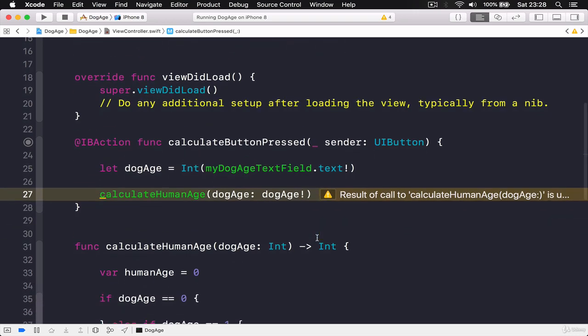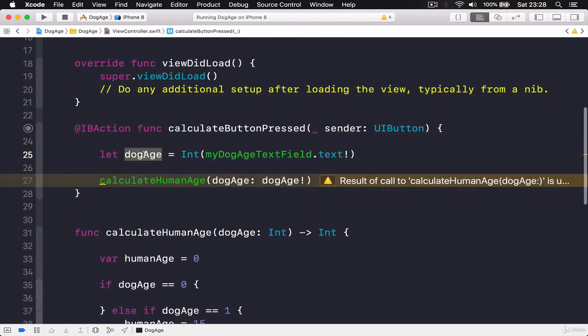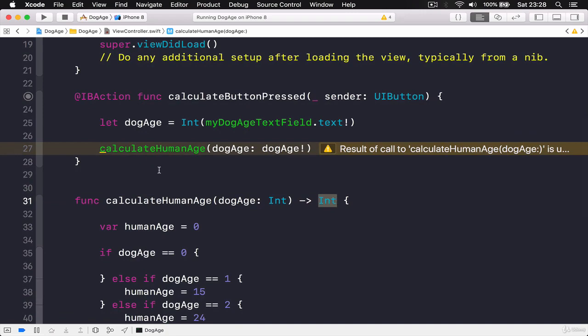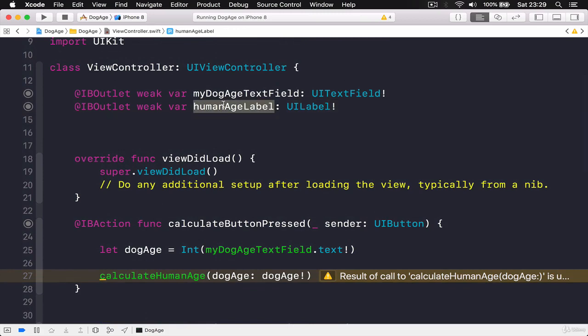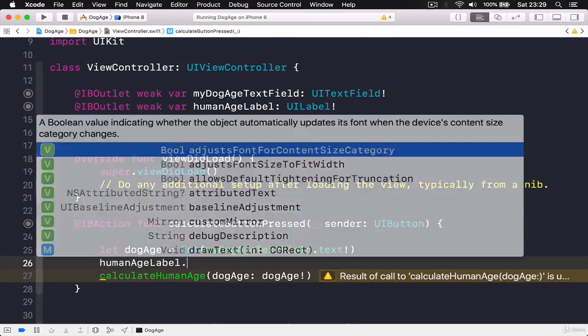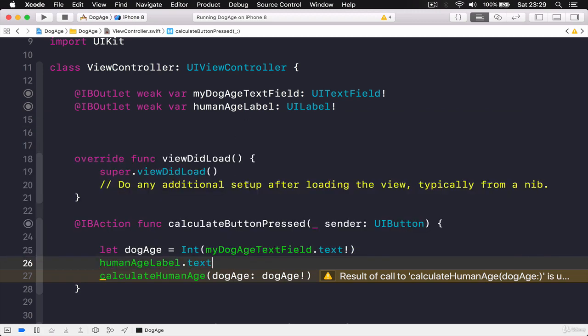So right now what we have here is our dog age that we receive from our text field, then we convert it to an integer, and then we pass it to our calculate human age function, which returns an integer. Whatever this human age is, we want to display it in our human age label. So we access the human age label, and then we access its text value. Every label has a text value, same as every text field has a text value. We can set this text value equals,